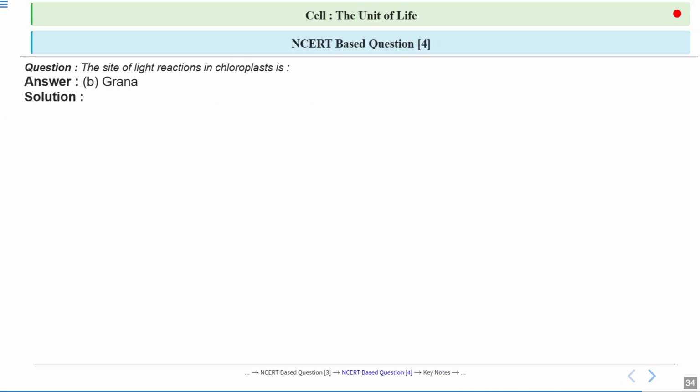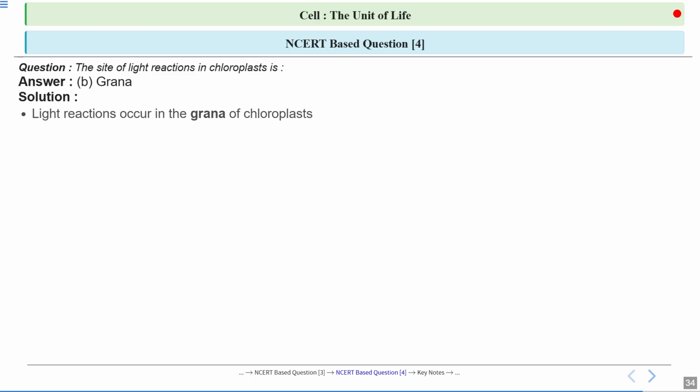So let's have a look at the answer. Answer is option number B, grana. Grana is actually the stack of the thylakoid. So light reaction occurs in the grana of the chloroplast. Grana are stacks of the disc-shaped